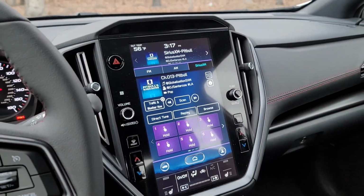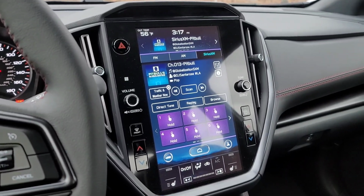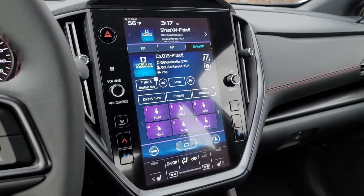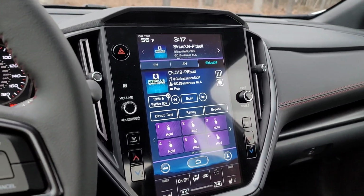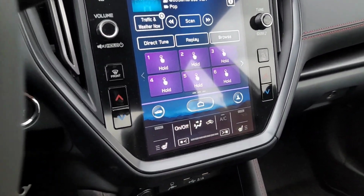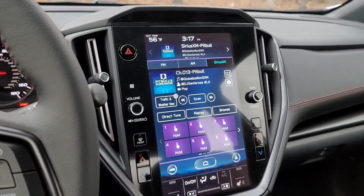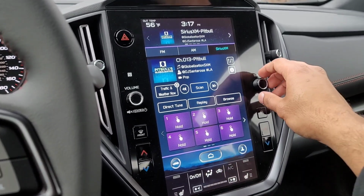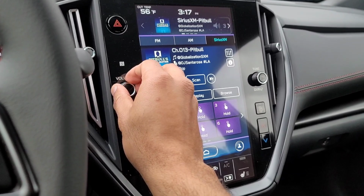Now this car also comes with Subaru's 11.6-inch infotainment screen with wireless Apple CarPlay and Android Auto. And as you can see, even though the seats are upgraded suede, you do have heated front seats, 3-level heated front seats for both the driver and passenger, which is pretty cool. The 11-speaker Harman Kardon sound system in this car, man, sounds amazing. You guys will not